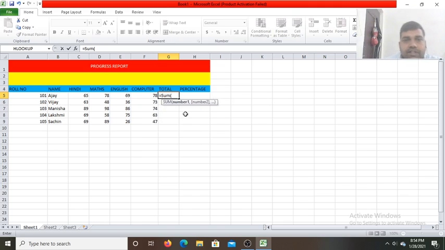So here number 1 and number 2, but here we use a range. So first of all, you select the columns which you want to add. So we select from Hindi to computer, all the subject marks. See, we are going to select it here. As you can see, automatically when you select, the first address and the last address of the column appear. Here in the first row, Hindi, the value of the Hindi is stored in which cell reference, that is C5. C column, and row is 5, on the fifth row.